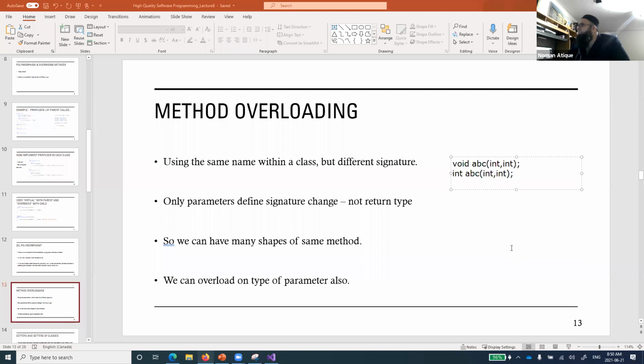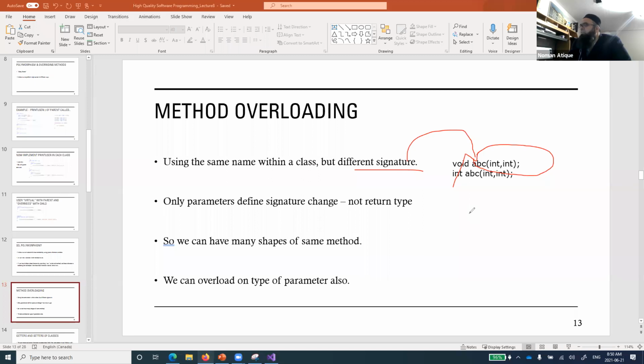And why not allowed, Deep? Because the signature is the same for these two methods. So the concept that you have to remember is that signature does not include return type. Whenever someone asks you signature, you will say a signature is typically the name of the function alongside the list of the parameters that it accepts. This is basically the signature of the function.